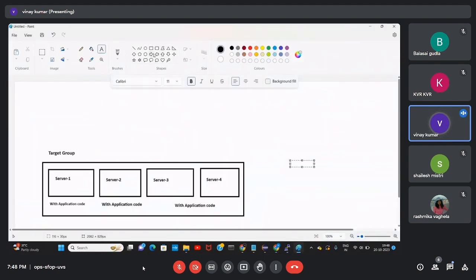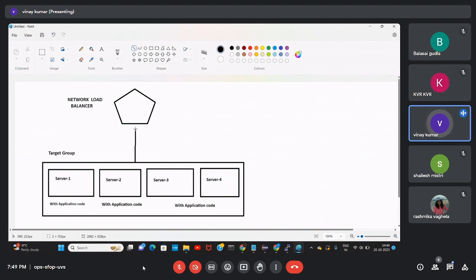Then network load balancer. I am attaching this target group to the load balancer.